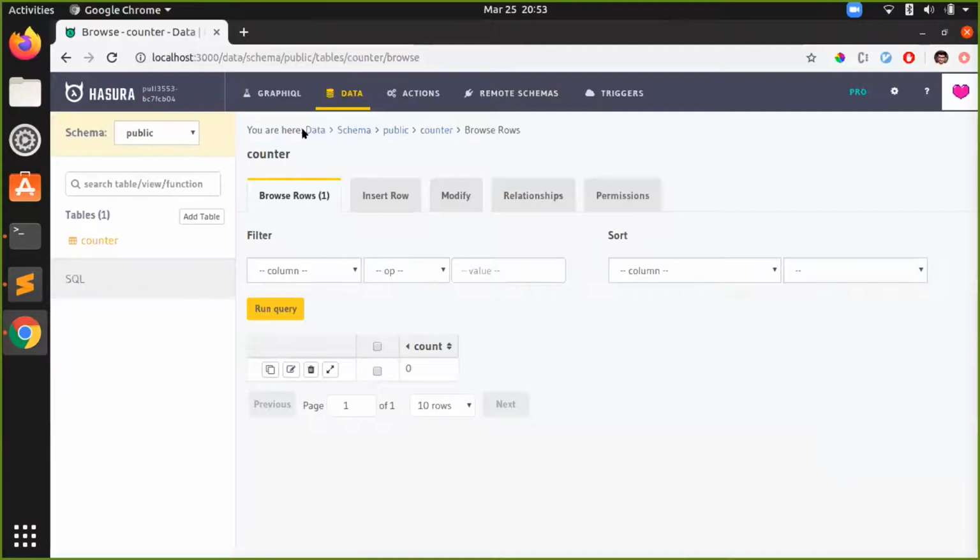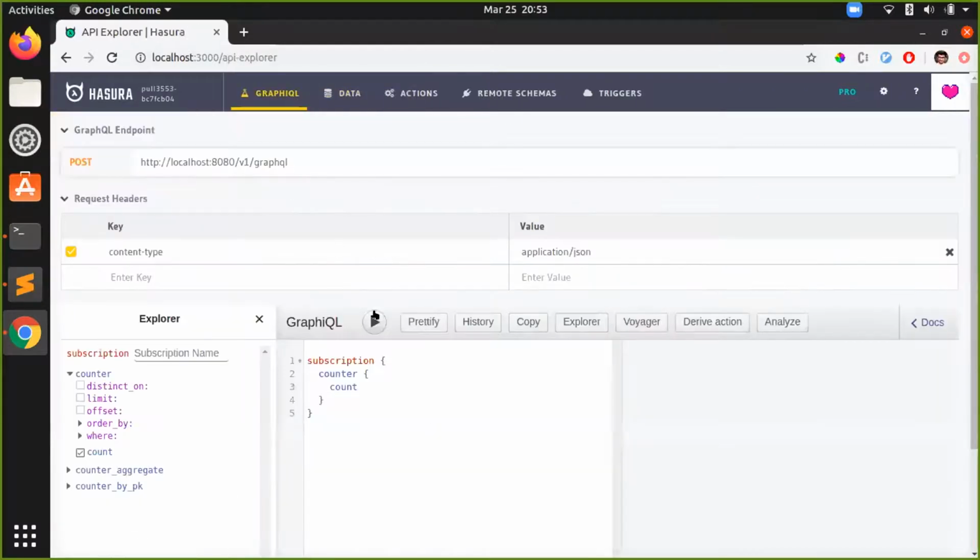If we go back now to GraphiQL, I'm just going to start a subscription to this, and we should see this change soon. Very soon. The events are picked up every minute, and the cron that we had set up was to go and increment the counter table each minute. Yeah, it has been incremented. It will keep incrementing each minute. Let's go and look at other things for now.